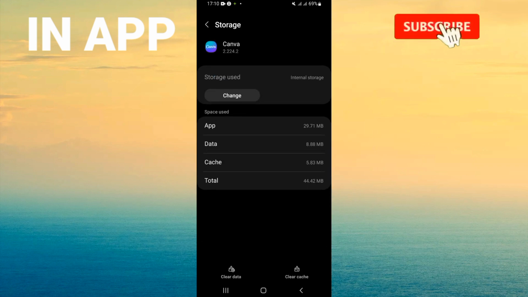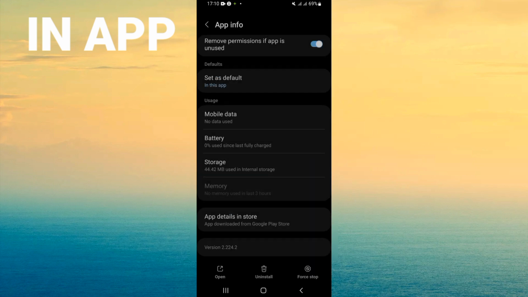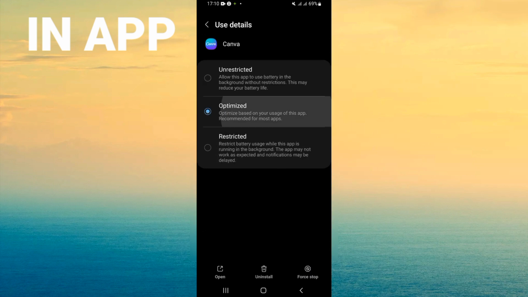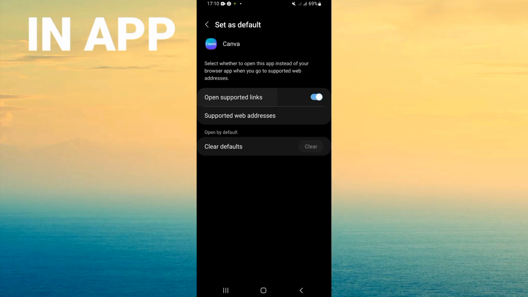But here guys, be careful, don't click on clear data because it will delete your data. Click just on clear cache, then go back and click on first tab, click OK, and go to battery, make sure that it's on optimizer mode, and go back again and go to set as a default, open supported links